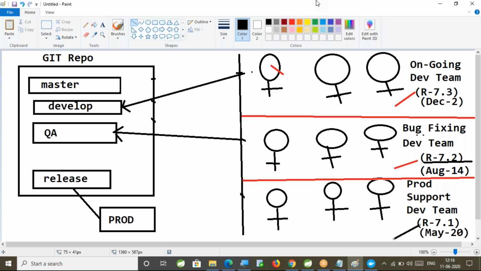Are you able to follow this? If any confusion, message me in the chat box. Right. Fine. All of you clear with this? Why we need to go for branches? What is a branch? Basic idea, I hope you got it. Branches are used to maintain separate code bases for all the teams who are working in the development.